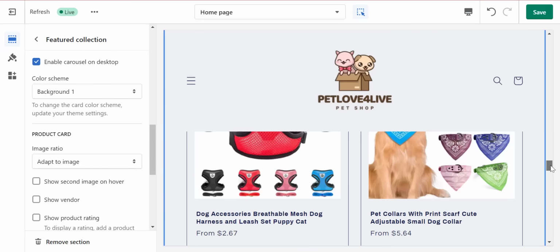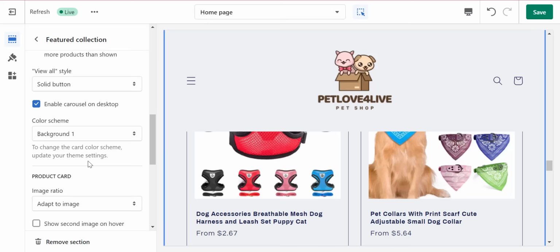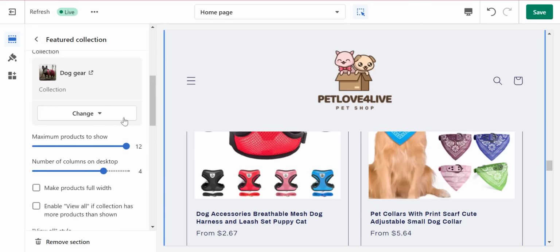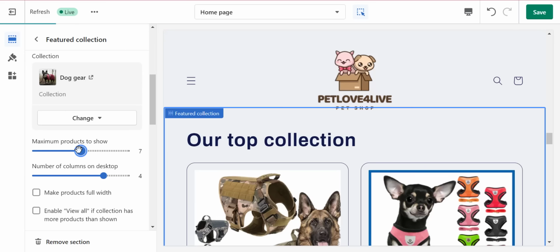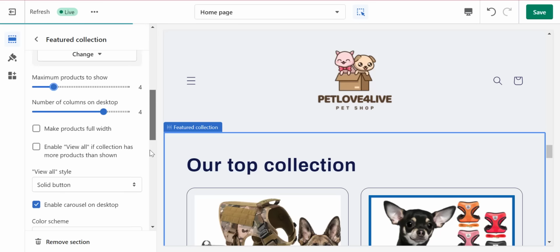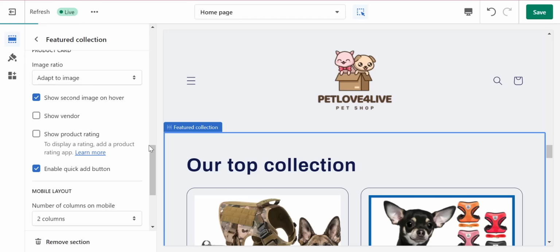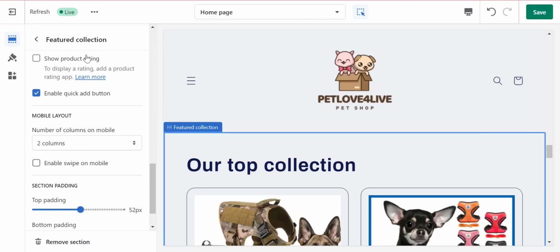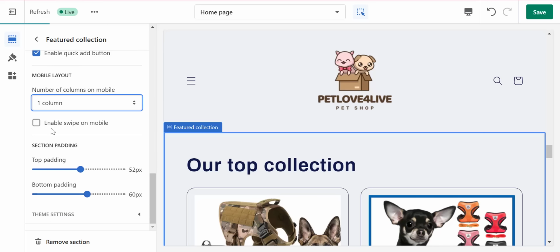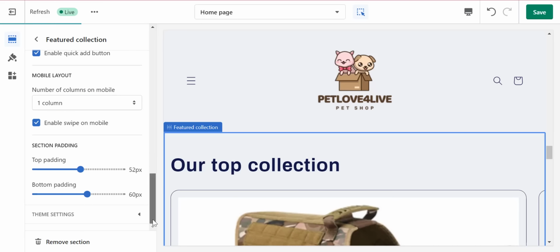So here, normally it should appear. So let's go up, right? So where's the carousel? Click on it. Basically the carousel, all right, so just keep it like that. Maybe you're going to change this from 12 to just 6, or maybe 4. Just 4, right? 4 is enough. You can show second image on hover. I'm going to show it, and you can enable showing the rating. Now, many of you might tell me, well, just show the rating. Oh, no, I don't want to show the rating because that might hurt your sales. Because if it happens, God forbid, that you have bad ratings, then people are not going to like your product. So here, I'm going to just display one column for mobile, enable swipe on mobile,